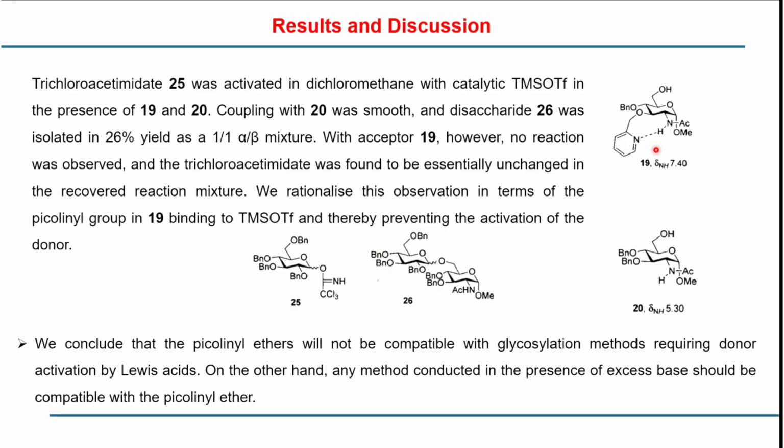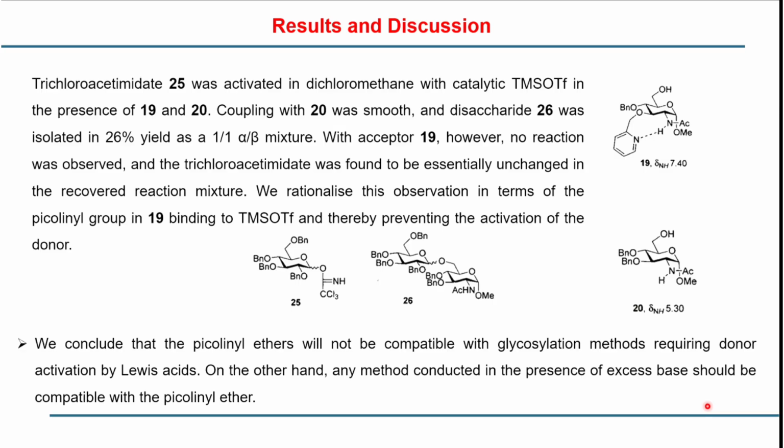So it is quenching the catalyst, and there is no reaction with 19. They concluded that installing this picolyl group is good, but it is Lewis acid sensitive. We cannot utilize it in the presence of Lewis acid, but in the presence of excess base, it should be